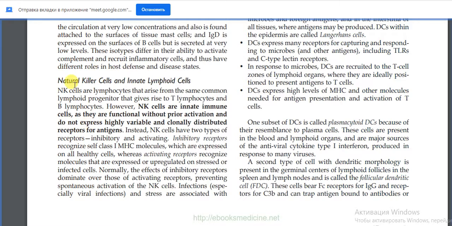Then let's talk about natural killer cells. So natural killer cells are known as innate lymphoid cells. NK cells are lymphocytes that arise from the same common lymphoid progenitor that gives rise to T lymphocytes and B lymphocytes. You remember it from the topic of blood formation, yeah? But NK cells are innate. They facilitate the innate immunity. So they are functional without prior activation and do not express highly variable and clonally distributed receptors for antigens. So you see, NK cells don't express specific antigen receptors on the surface, and